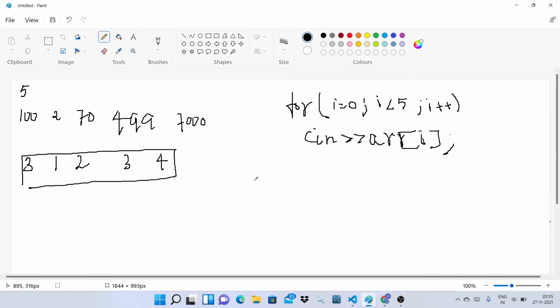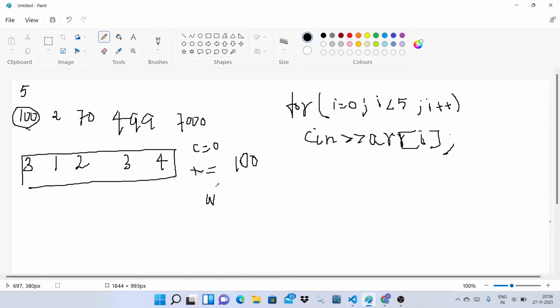Inside, we need to access the array element by element. For that, we first consider this element alone. This is 100. Again, we need to store this element in a new variable. Let me take it as x. So here x is equal to 100. I am declaring and initializing one more variable called c. c is equal to 0, to count the number of digits involved in this number.